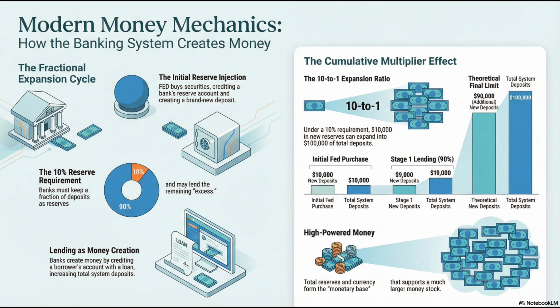If you let this mathematical loop run all the way down to the very last penny, what does that initial $10,000 injection from the Fed actually turn into? It turns into $100,000 of total bank deposits. A literal 10x multiplier. Yes. The banking system acts as a massive amplifier. It has effectively taken $10,000 of base money, this high-powered money injected by the Fed, and multiplied it into $100,000